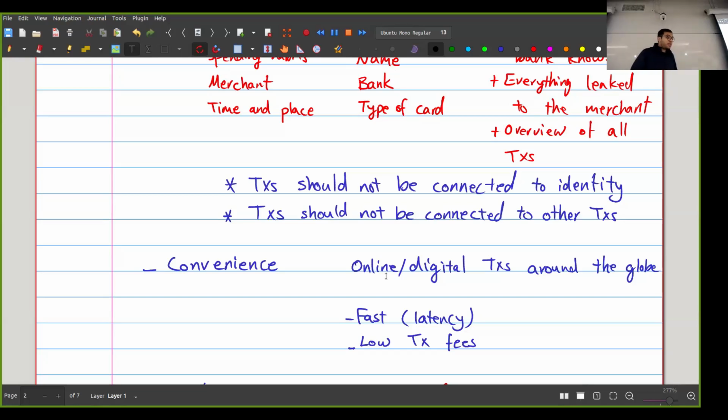Now, many of you are not used to paying transaction fees because a lot of the modern banking products actually hide the transaction fees from the end user. So you're paying it without knowing that you're paying it. So for example, if you consider a credit card, whenever you use a credit card, actually the amount that you're paying is not the same as the amount that is paid to the merchant. The banks and the network operator, and in some cases even the governments, are taking the cut.